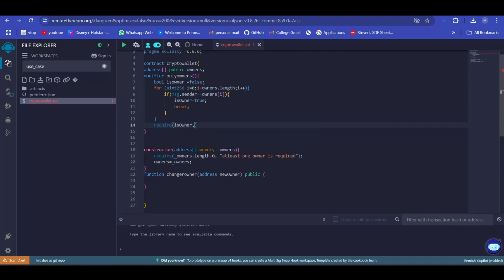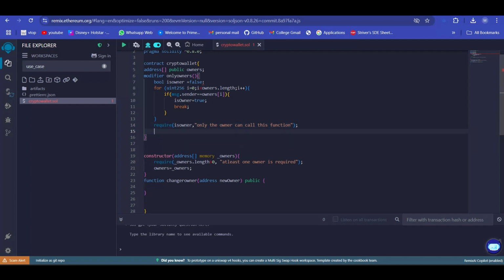So if the isOwner is nothing but require of isOwner, only the owner can call this function. And also the main syntax of it is that we need to mention from where the execution has